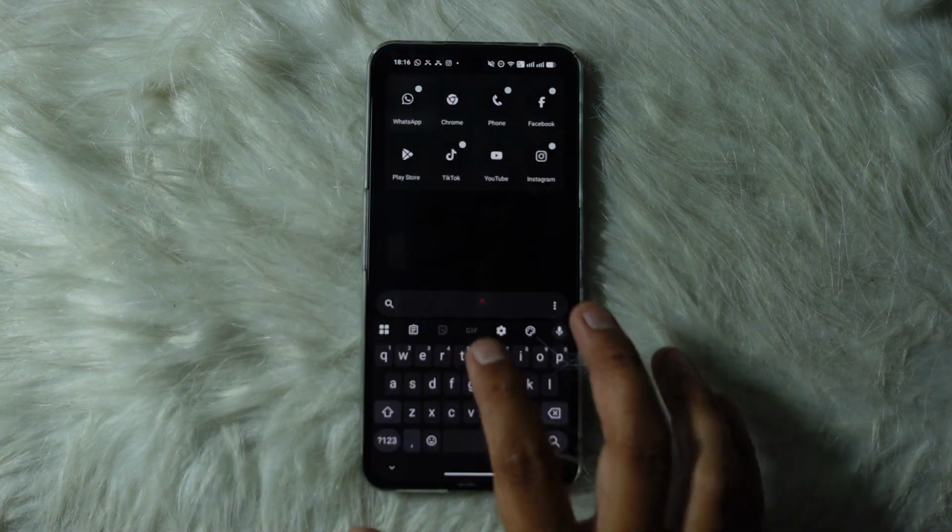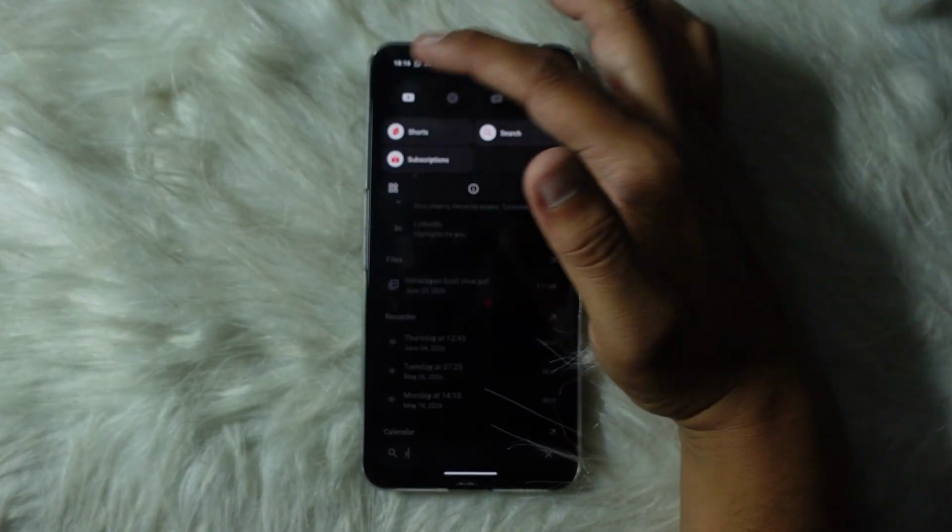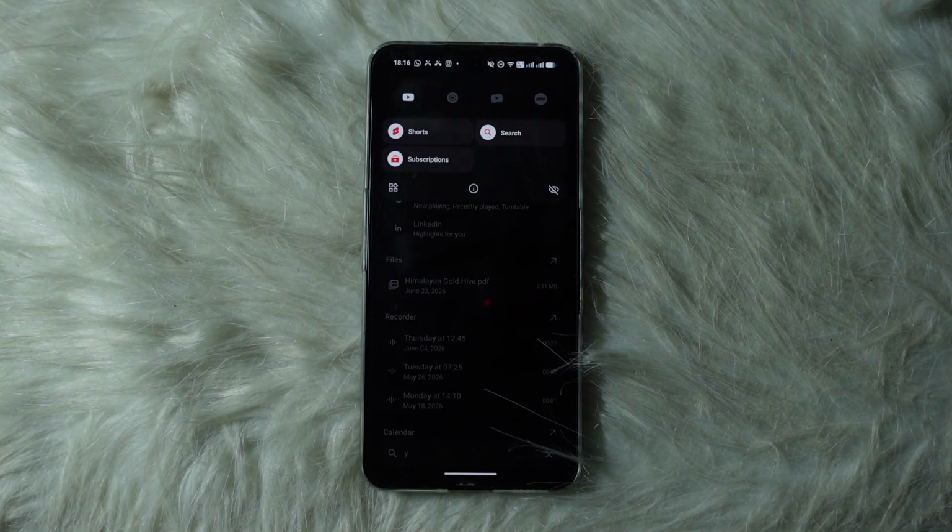If that does not work, what you'll have to do is head over to your app drawer and then long press on YouTube and uninstall it from your device if your device allows you to do so, and reinstall it